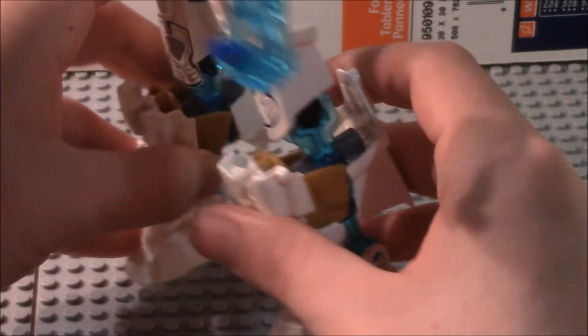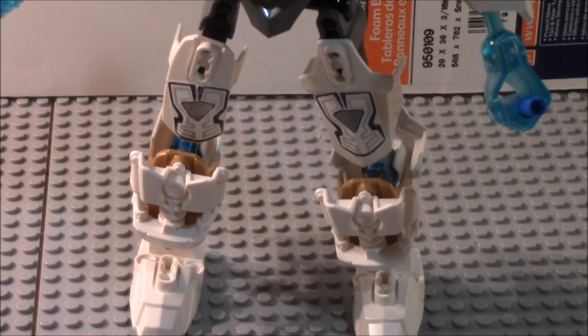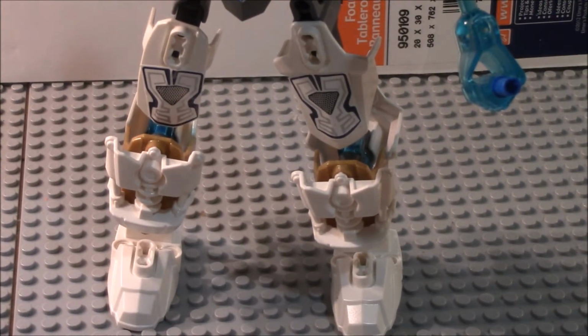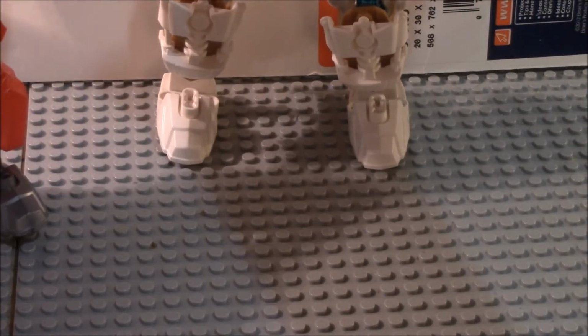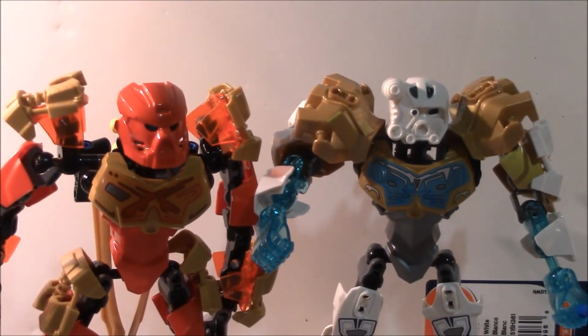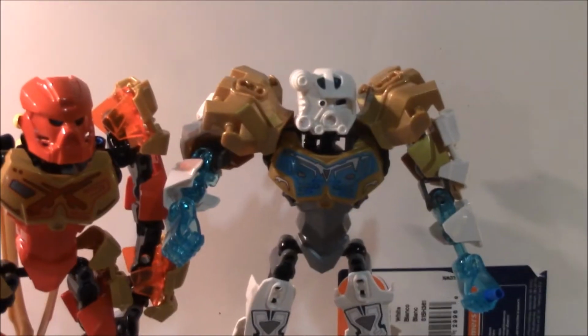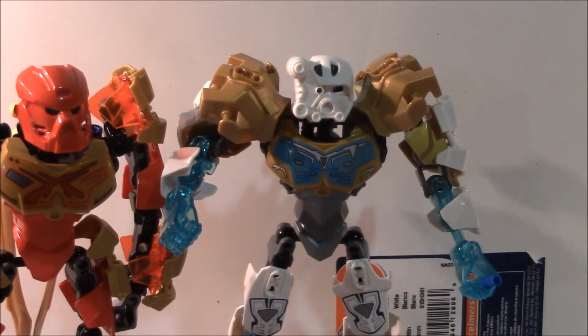I think it's a little bit too much bulkiness, and for his size, he is one of the tallest Toa. Let me get Tahu here to compare him to. We can now see, get Tahu settled up here. You can now see that they are both evenly heighted, but Kopaka is more expensive than Tahu. That's what I meant. But anyway,